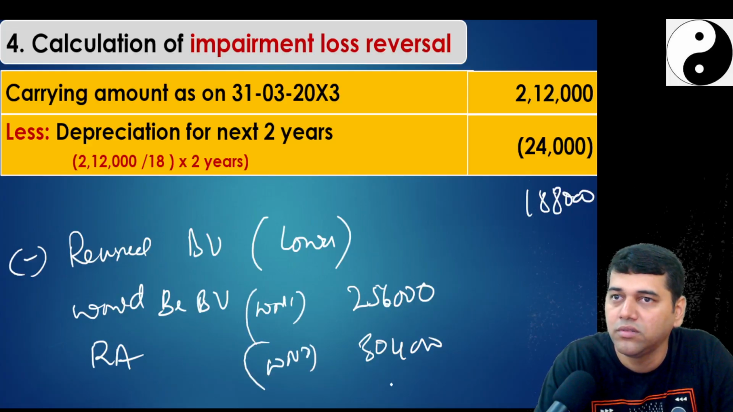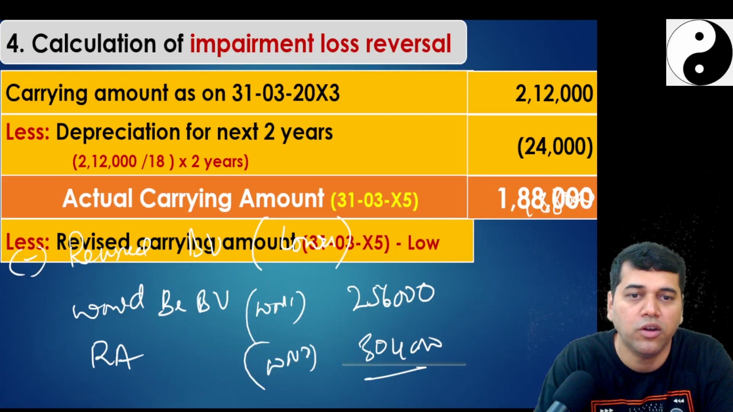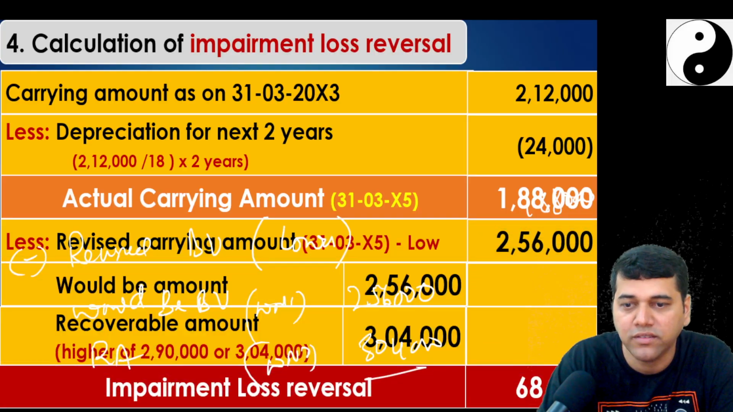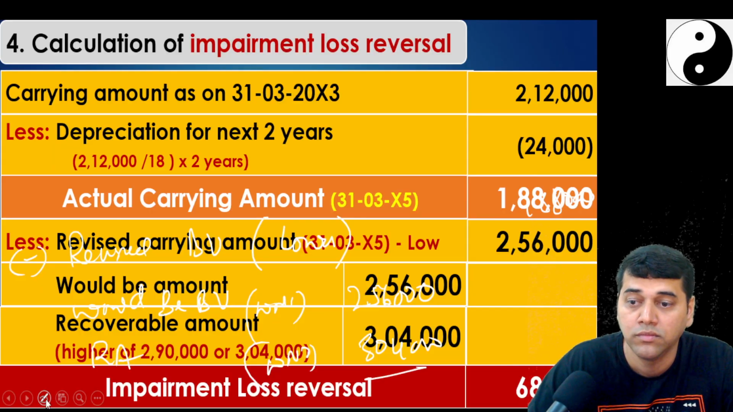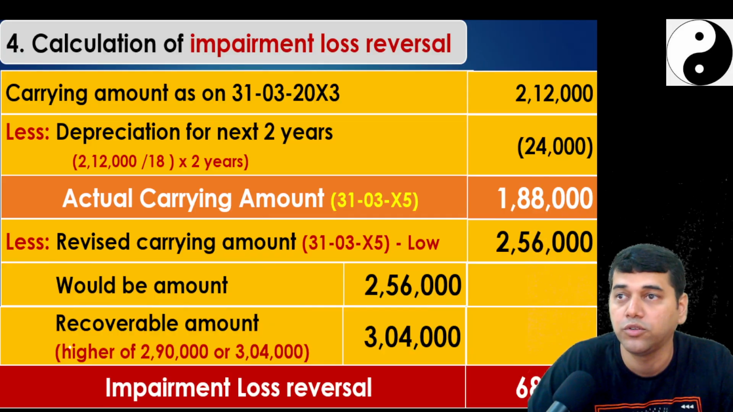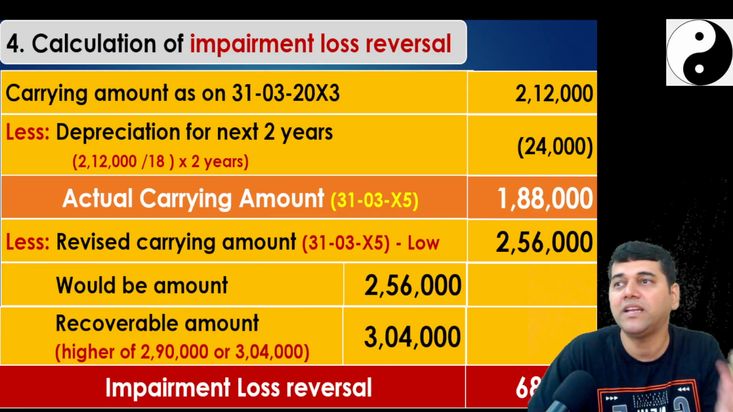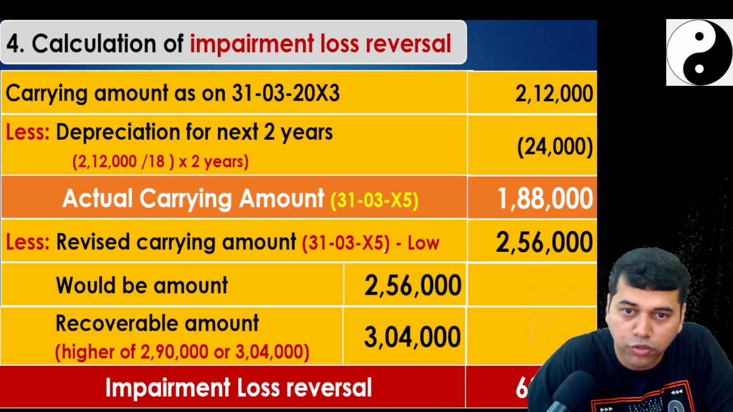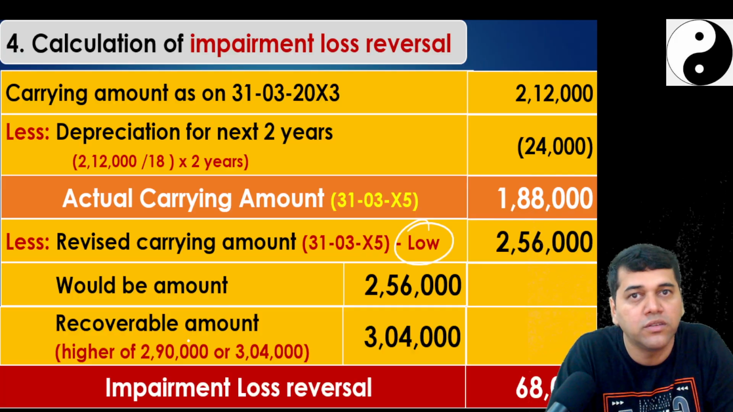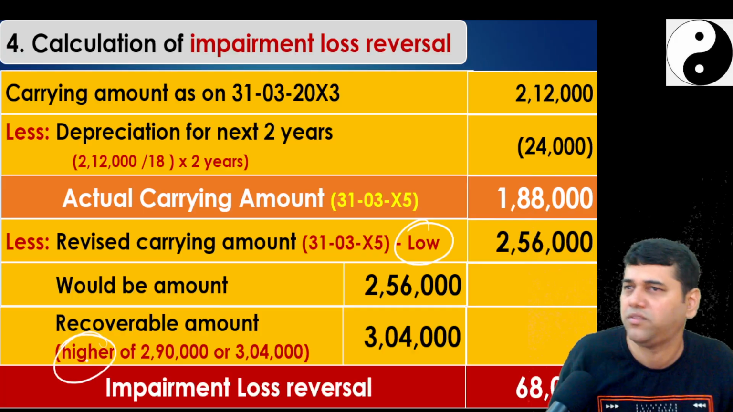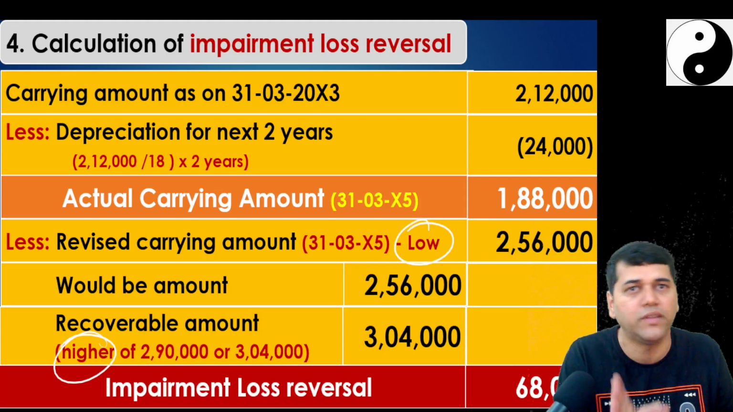Followed? So you have got 2,56,000. So 68,000 becomes the reversal of the impairment. Have you understood? I hope now it should be very clear to you. And see here, I have not done it as a separate working note. This is what I wanted to tell you. Because here you may get confused, since here you say lower of this, here you say higher of this. If you are damn sure your mind is very clear on it,